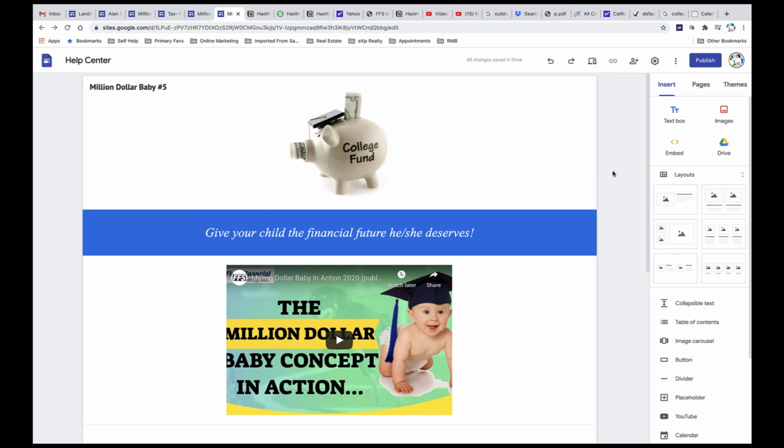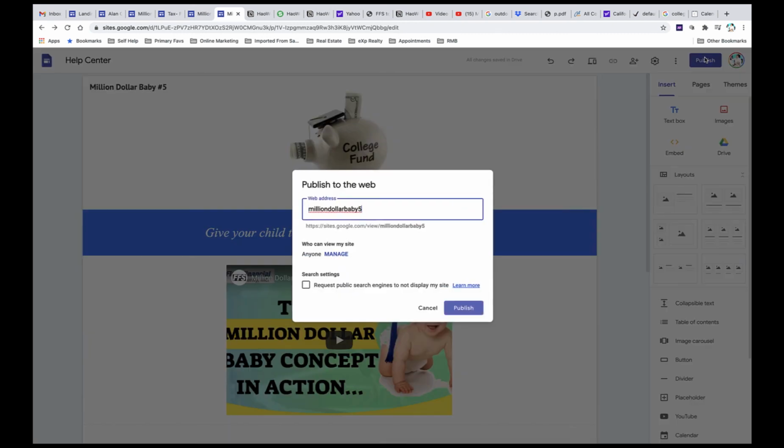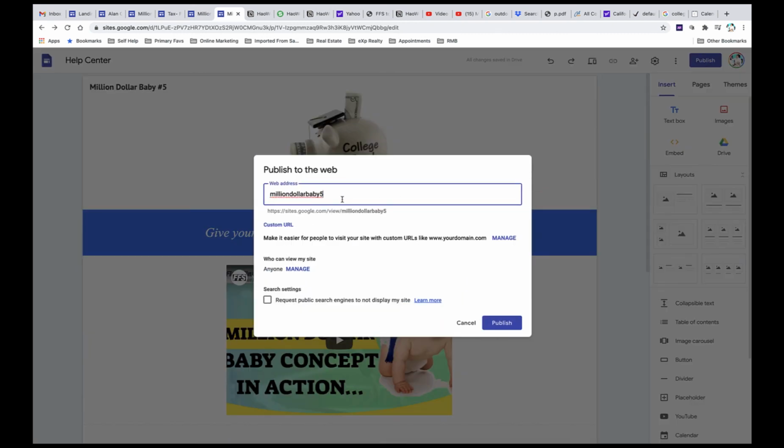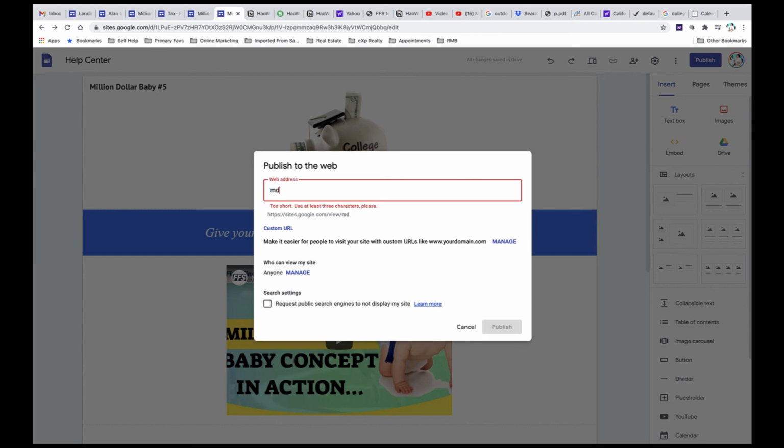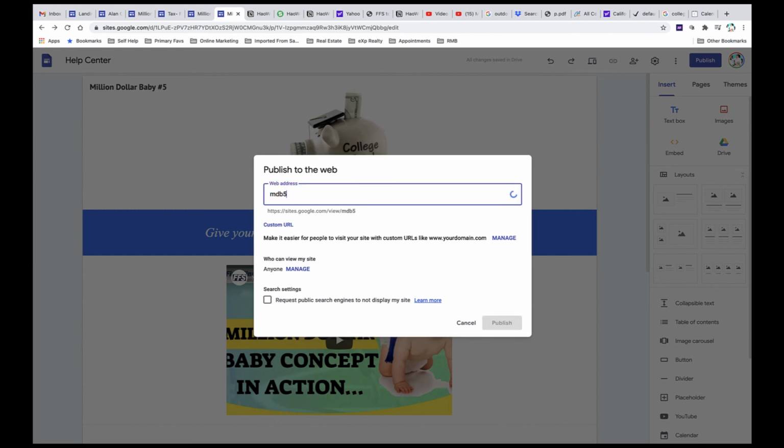And then the next thing you want to do in this example so that it goes live is hit the publish button. Publish. I'm going to click on publish. It's going to give you the opportunity to name the web address however you want to. In this example, it just took the name I put up here, $1 Million Baby number 5. My recommendation to you is keep it short. Where possible, use acronyms. So I would do something like $1 Million Baby 5, MDB5, because that's easy to remember,